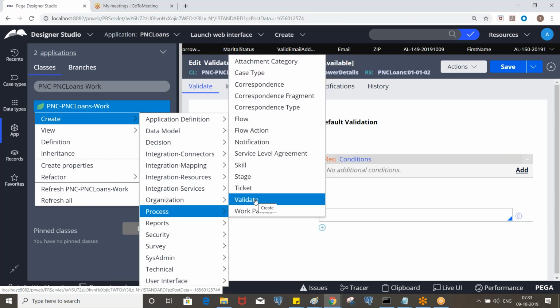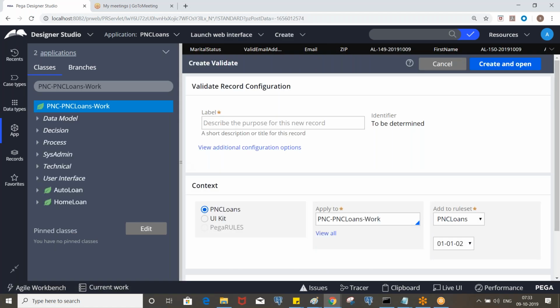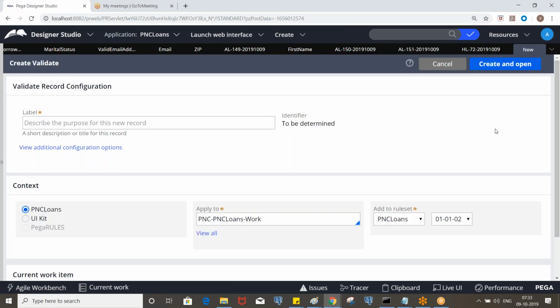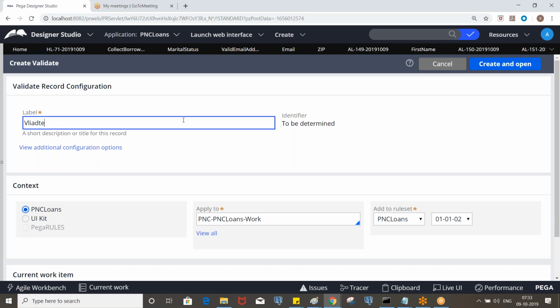What the process validate borrower details. See now, here also some validation.